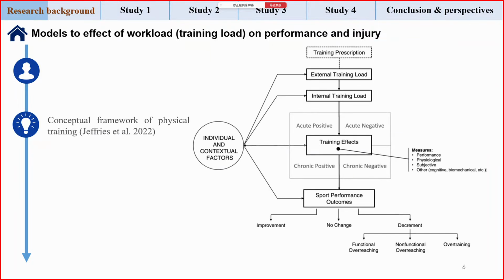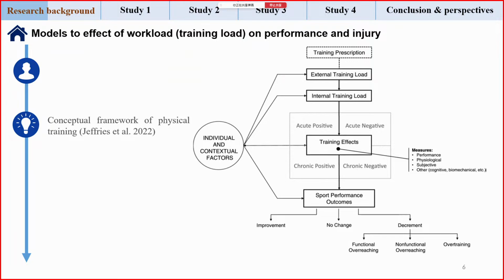This diagram illustrates the conceptual framework of physical training. The process begins with training prescription, which determines the external training load. Then the external training load is converted into internal training load through the physical and psychological responses. And the internal training load leads to the training effects, actually acute training effects, which can be both positive and